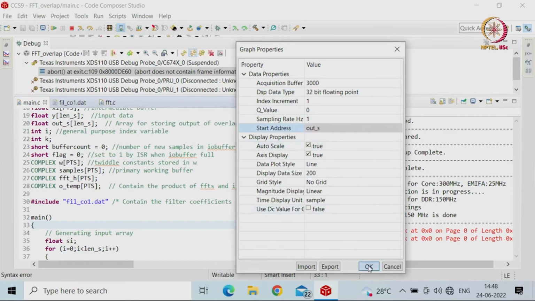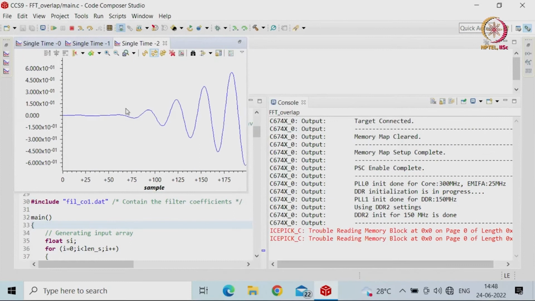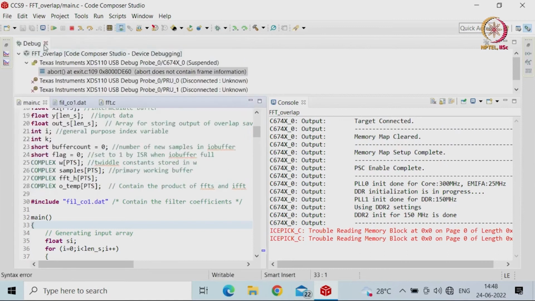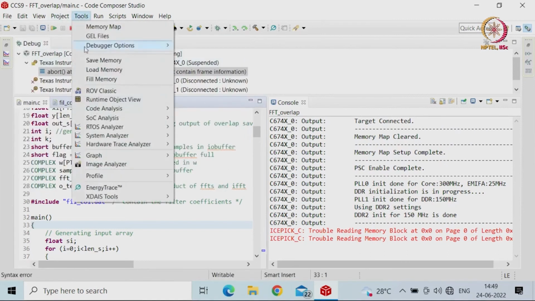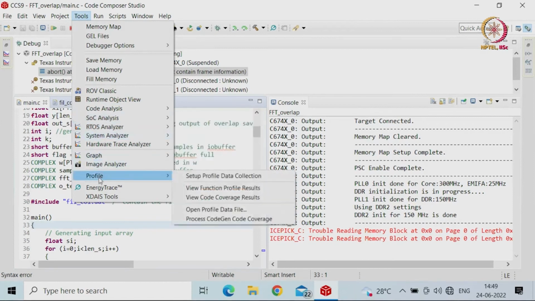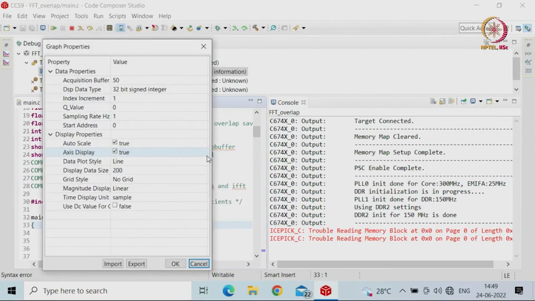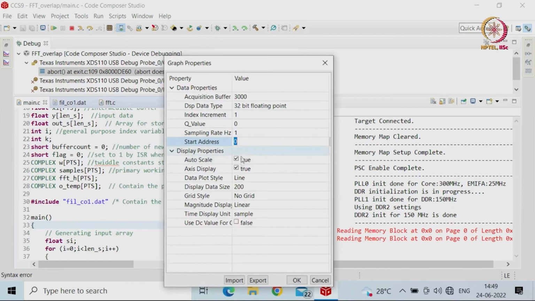Okay. We will try to map the thing. So, you will be seeing that, okay, something I have made a mistake here, anybody can look at it. What I made the mistake was only 200 samples are getting mapped, but my length is 3000 that I have given. This is the sine wave because you have done the IFFT also in this case. So, we can see what the frequency is, 32 bit floating point, and then the start address is out S,